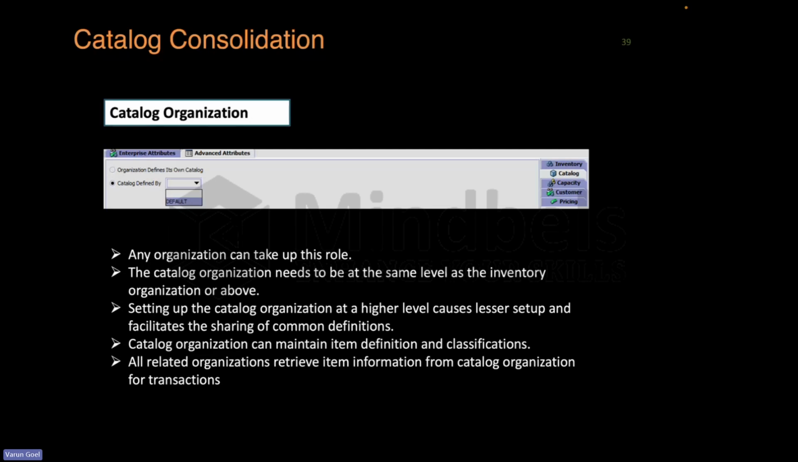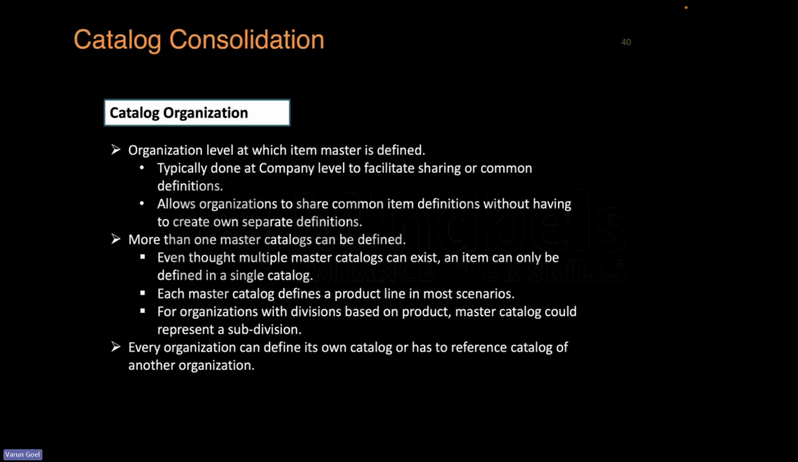So all your item data is maintained at a catalog organization because your items themselves are maintained at catalog organization. You got it? Right? And this information is very much required at different levels of your order transactions because you need to retrieve this information. Then, catalog organization level at which item master is defined, typically done at company level to facilitate sharing